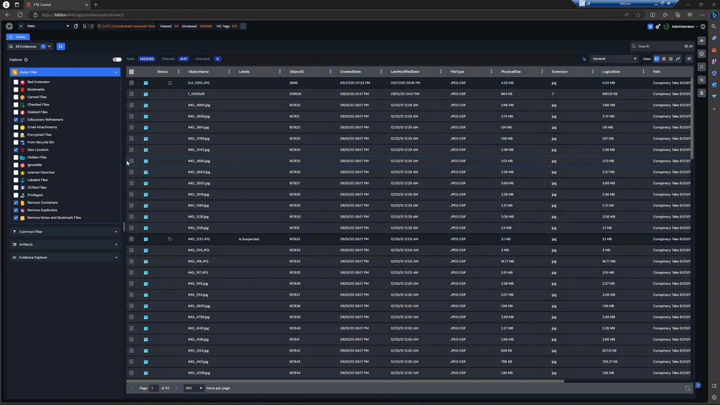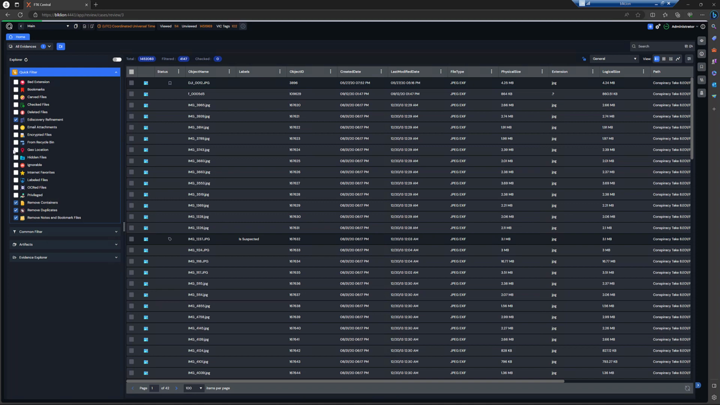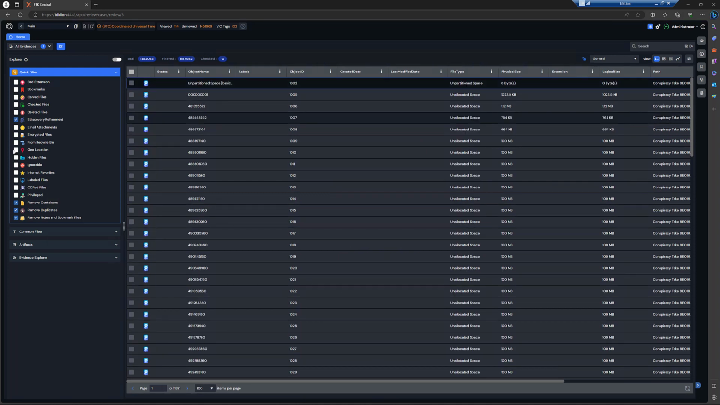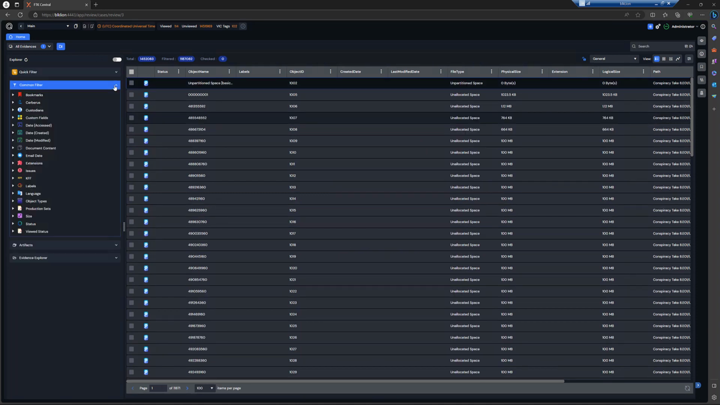No real organization at this point. We'll get there, but they're listed. Okay, so that's what this quick filter is for: to get a quick idea of various types of data within your case. Dropping down to common filter, now is where the filters gain a little bit more complexity,